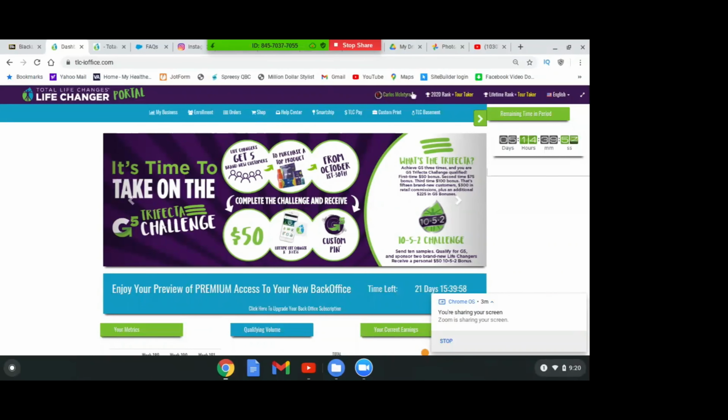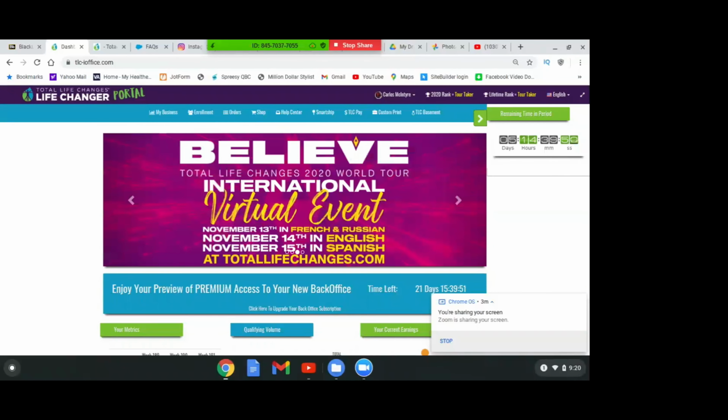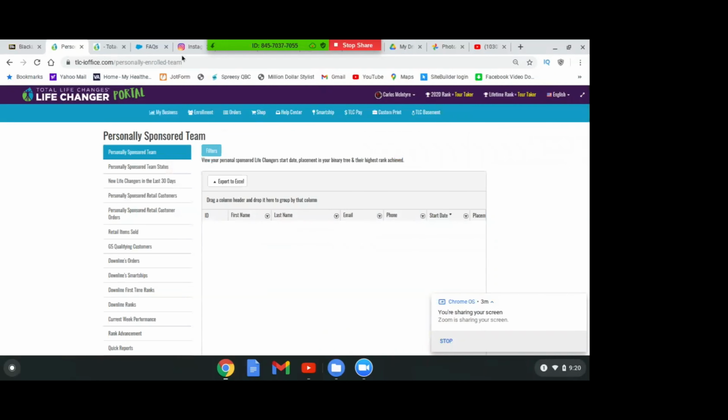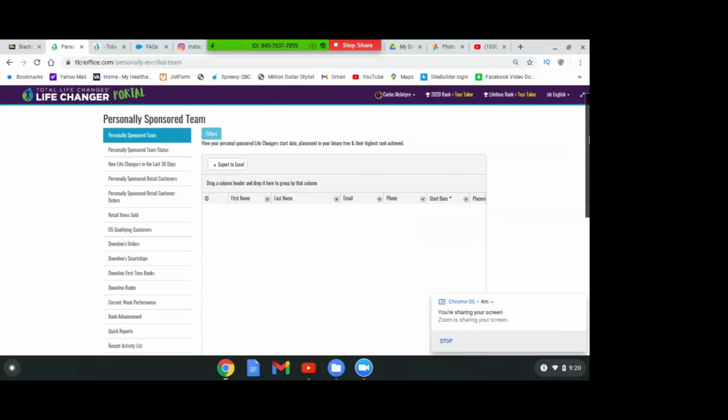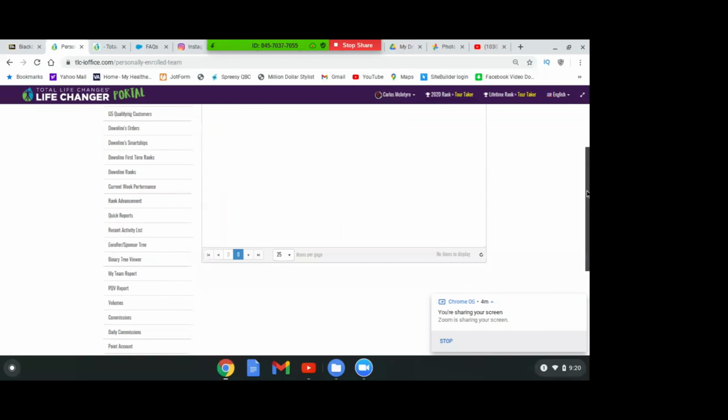Once again, this green clock right here is when we close out for the week, okay? Our pay period is weekly. So first we're gonna go over my business, which is here. I'll click that and you will be able to see these are a lot of different categories. Okay. For me, what stood out the most to me, I always go to that binary tree. It may confuse you at first, but